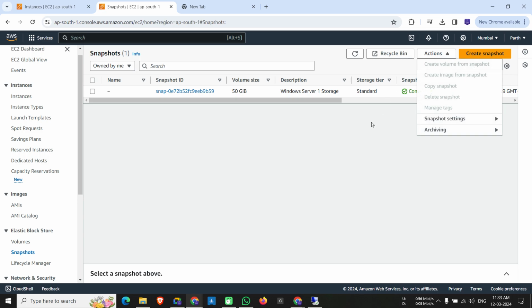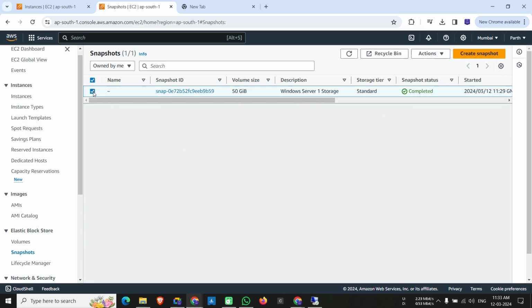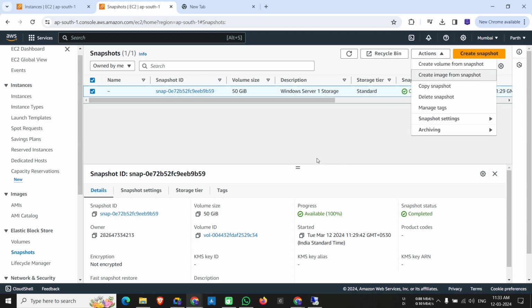These options. So first select that, and then there are two options you can see: create volume from snapshot and create image from the snapshot. If you want to restore that storage in a different region, then you can choose the create image from snapshot option. But if you want to restore that in a different availability zone, you can go through create volume from snapshot. Click on that